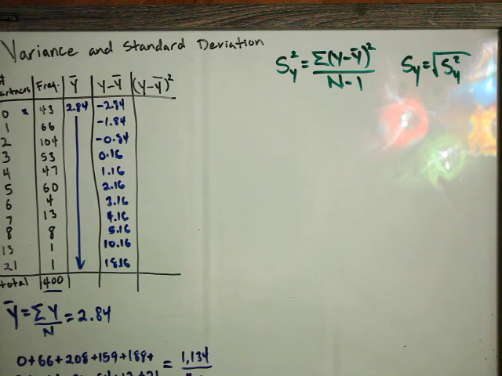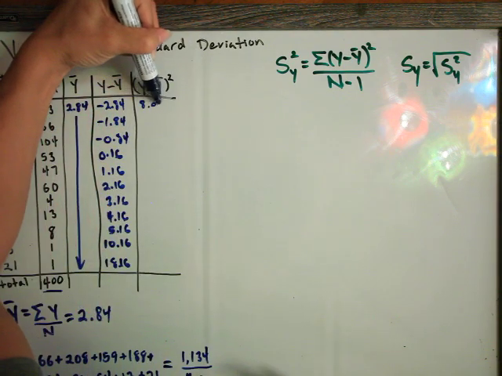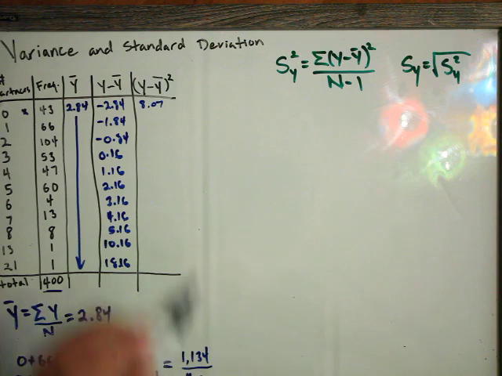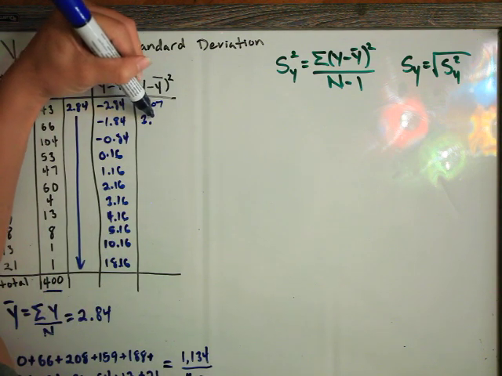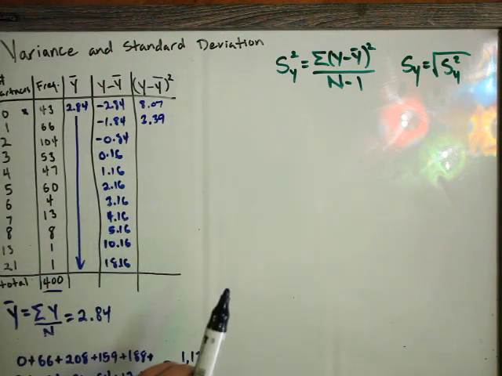So 2.84 squared is going to give us 8.07. 1.84 squared is going to give us 3.39. 0.84 squared